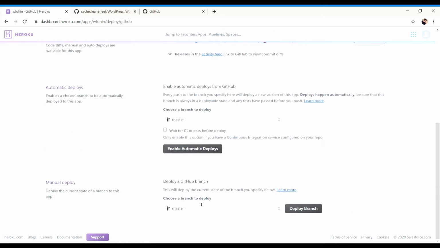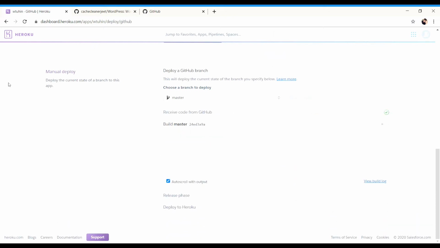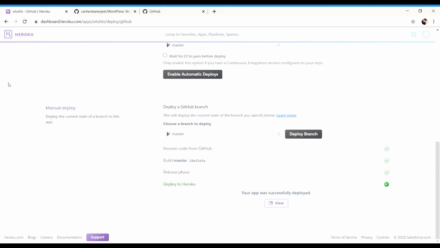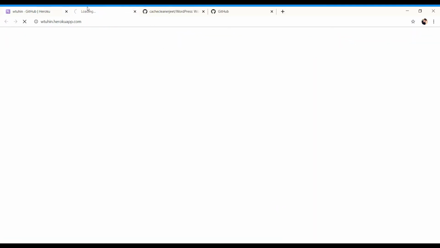After that tap connect, and then deploy the master branch. So it will be deploying. It was deployed successfully.